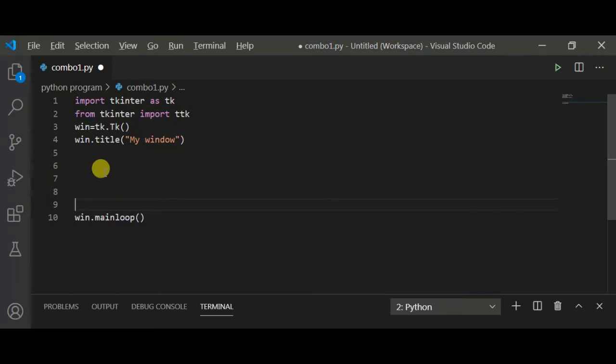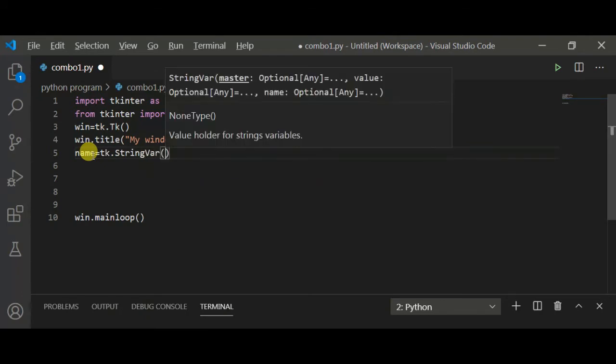For this, first of all, I am creating some widgets inside the window. First, I am creating a text box here. For creating a text box, I will make a text variable name equal to tk.StringVar method.